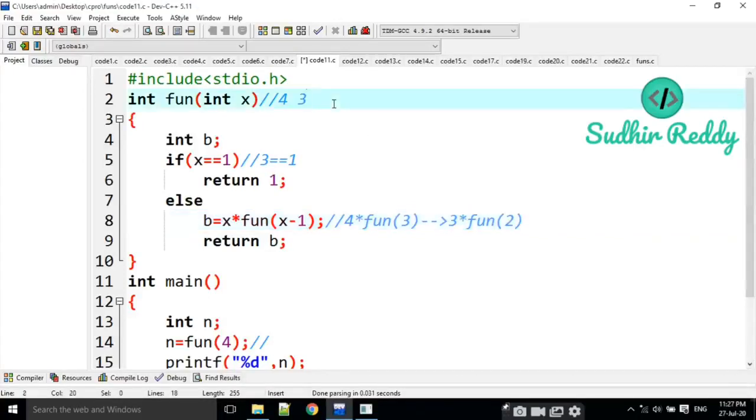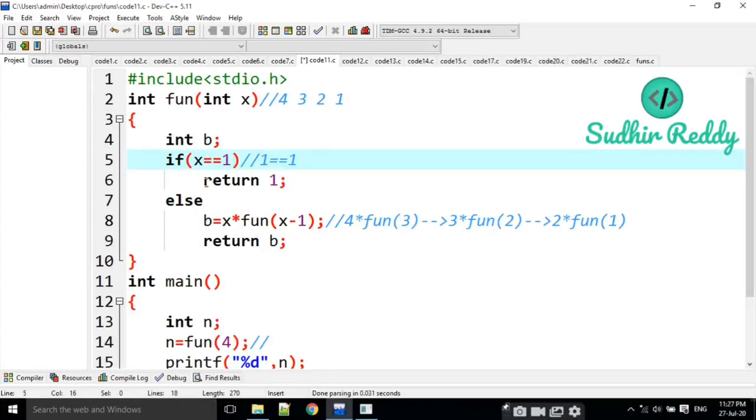Again it is going to call with 2. Is 2 equal to 1? No, not at all. Then this is going to be represented as 2 into fun of 2 minus 1, that is 1. Now I am going to call with 1 here. Is 1 equal to 1?